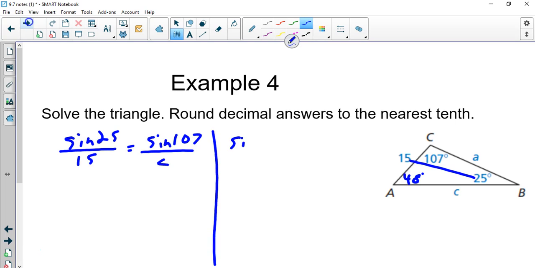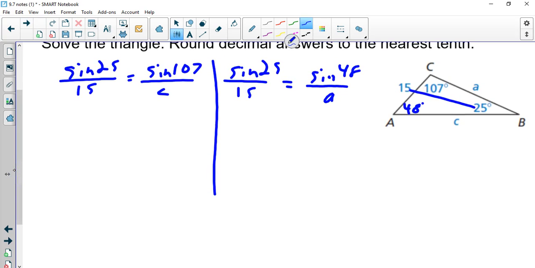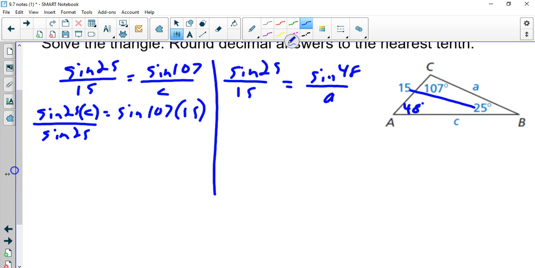And just to see it side by side how simple this is, sine of 25 over 15, that's our magic ratio. Sine of 48 over A. Now, since we're finding sides, we're not going to have to do any inverse ratios. Okay? So, sine of 25 times C equals sine of 107 times 15. Divide by sine of 25, both sides. So, C is equal to, take our calculator,